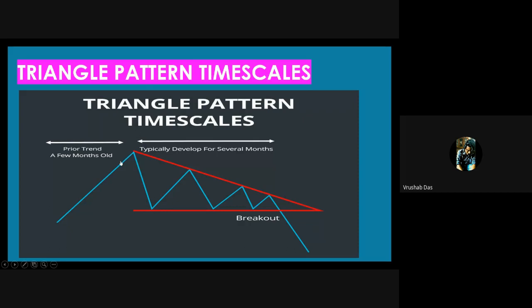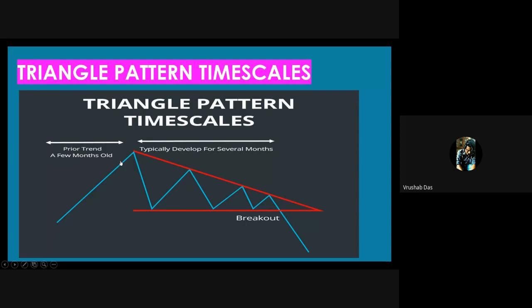The next topic is triangle pattern simplifying. Triangle patterns work because they represent the underlying pattern of consolidation, and accumulation or distribution. In symmetrical triangles, both bullish and bearish traders are evening out or testing the price of a stock following a significant price trend, until eventually either the bulls or the bears win.